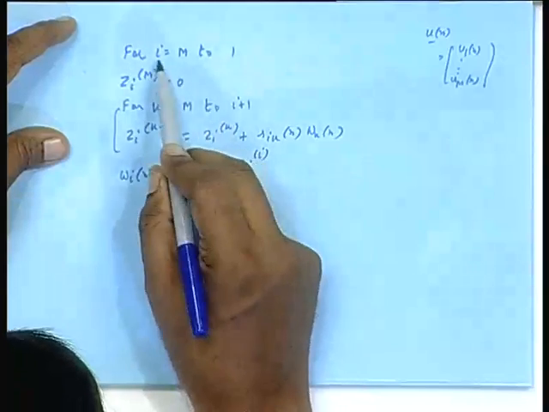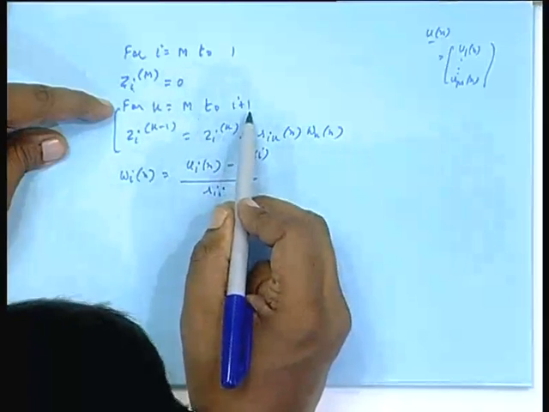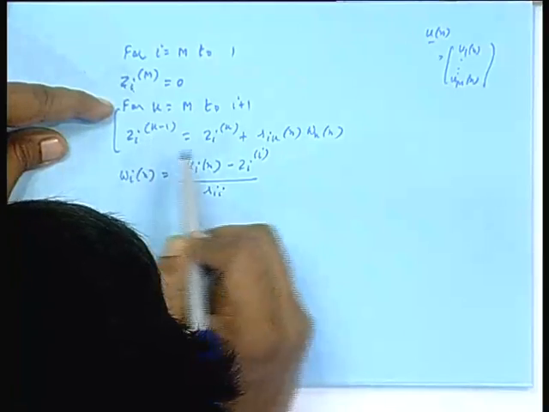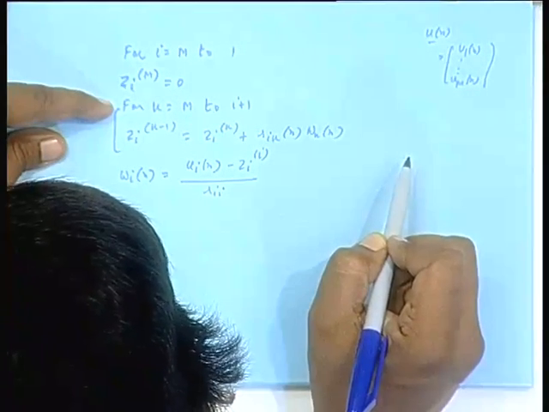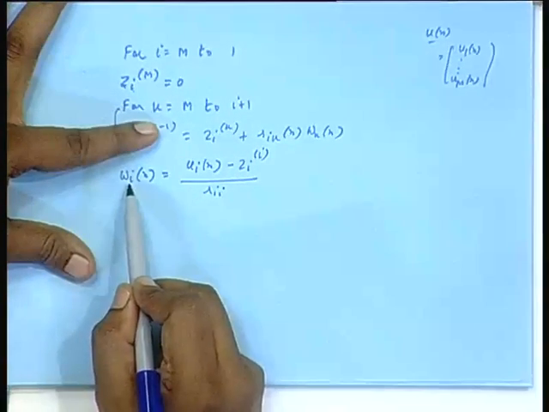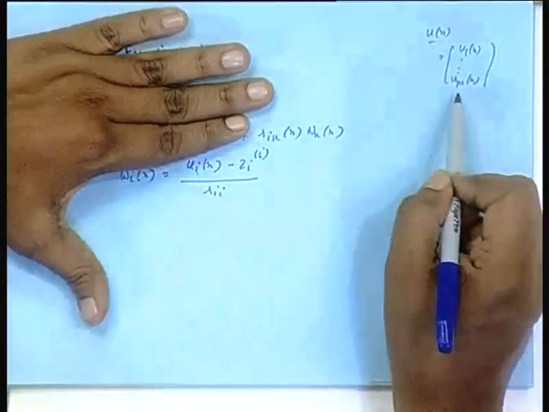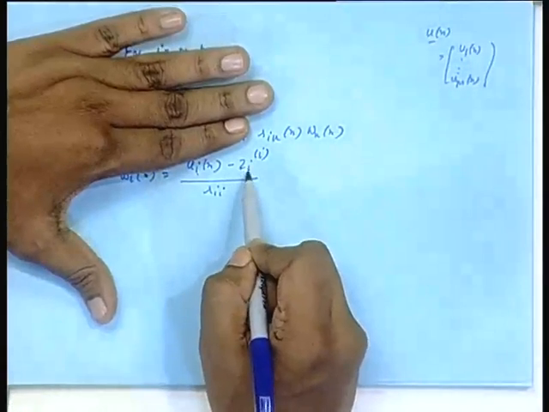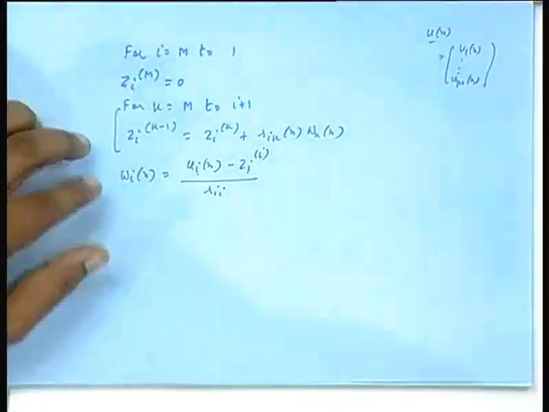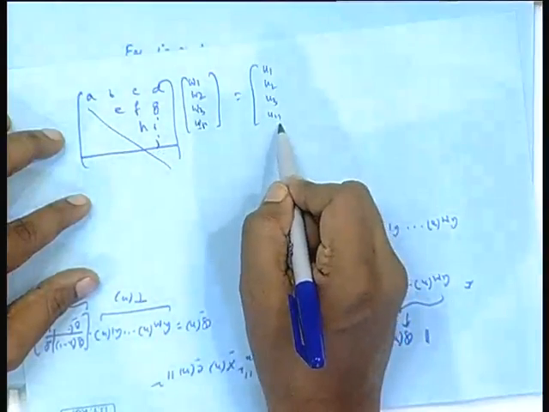Suppose m equal to 1, i equal to m, so Zmm is 0, and here k equal to m plus 1. Let me see whether I am writing things correctly. I am coming to this later. Wmn, the last component here, minus Zmm, that is 0, divided by simply Rmm. That is the last equation. Rmm here and here, by Rmm, Wm.